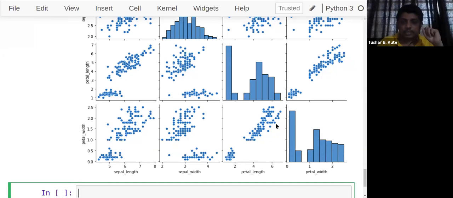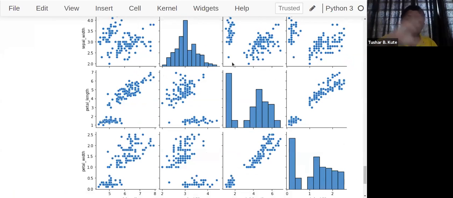Petal width against length. You can see this one. This we have already seen in the first plot of the joint plot. Here again, this one is sepal width against petal length. Petal length against sepal width is this. The inverse graph is there. If you mirror it, you can get this particular idea. So above the diagonal and below the diagonal, they are exactly mirror graphs.